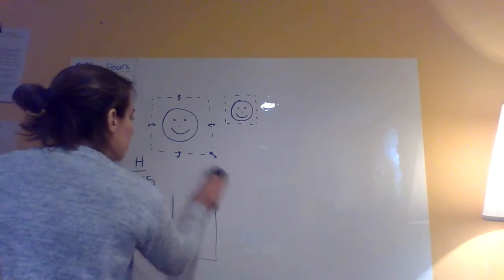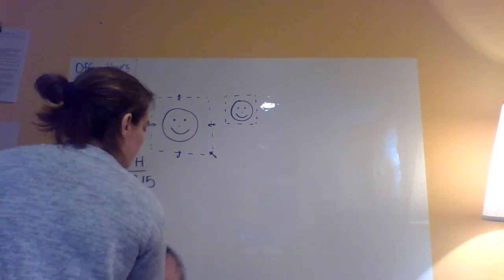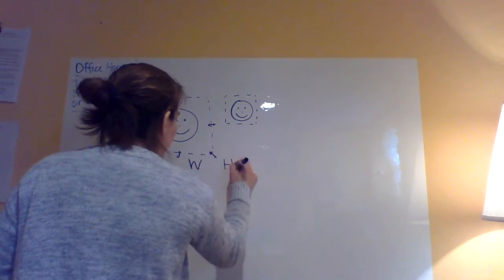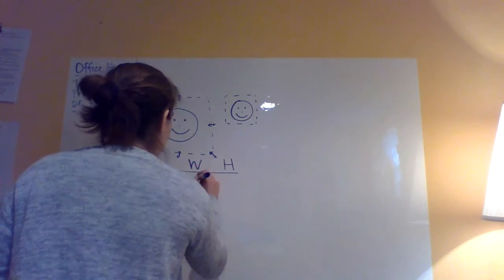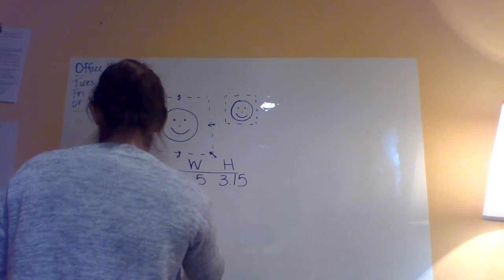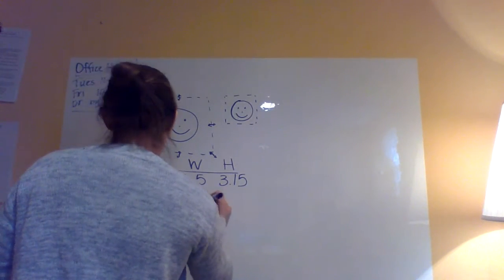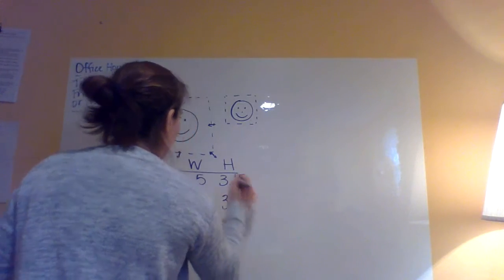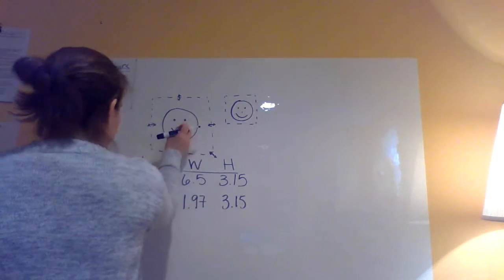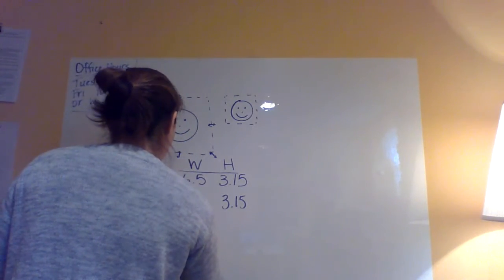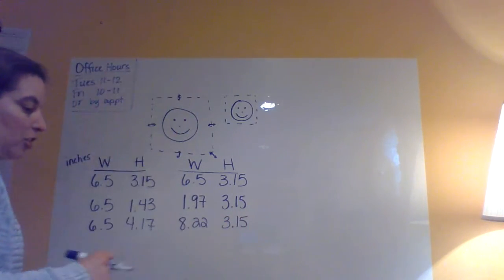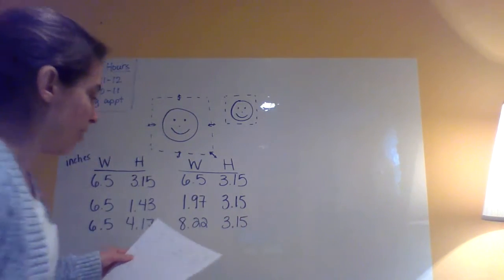Then, in the next example, this is where we change the width, but not the height. So again, I would have started out with the same image, and then I changed the width. So now my width is 1.97 inches. My height is still the same. So now I'm going this way, right? First I scrunched it way in, so it's much narrower. Then I'm going to move it out, so it's 8.22 inches and 3.15 inches. Okay, and then finally,